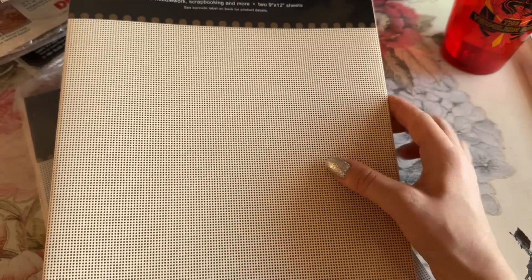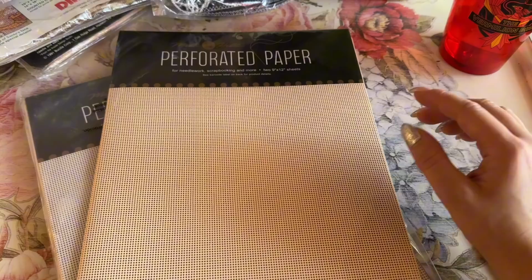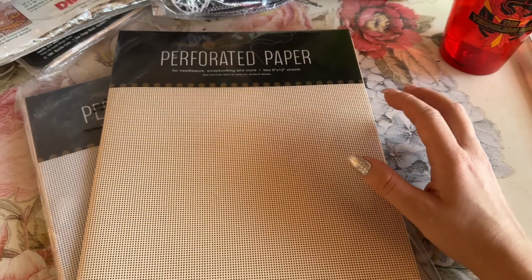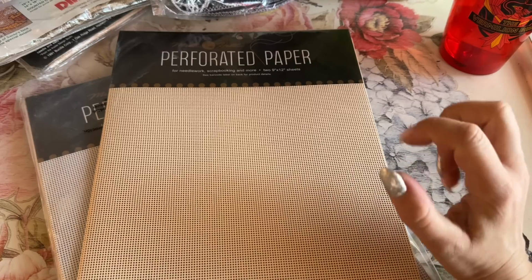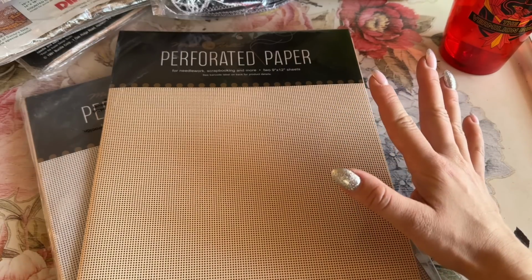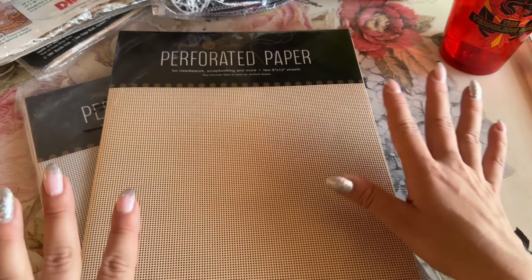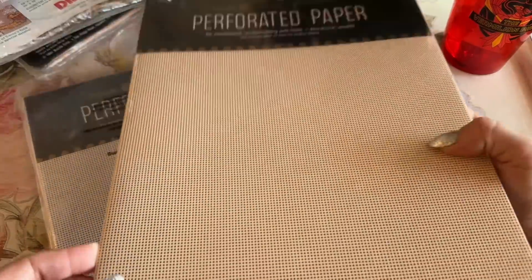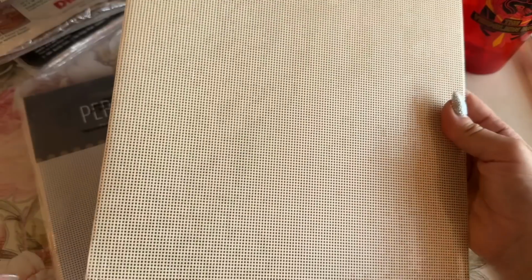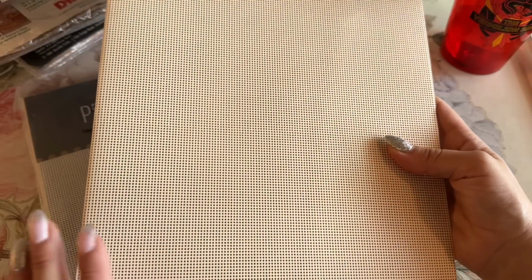I also dreaming about purchasing anything like a pattern by Brooke Books. I'm afraid I'm saying the name wrong, but there's a designer. A lot of people I see stitching like on the fabric the princess dresses, which is also gorgeous, but she also makes like a little dolls out of the perforated paper, like in cross stitching. I found a couple that I like. Maybe one day I will purchase them and stitch them, but I also bought